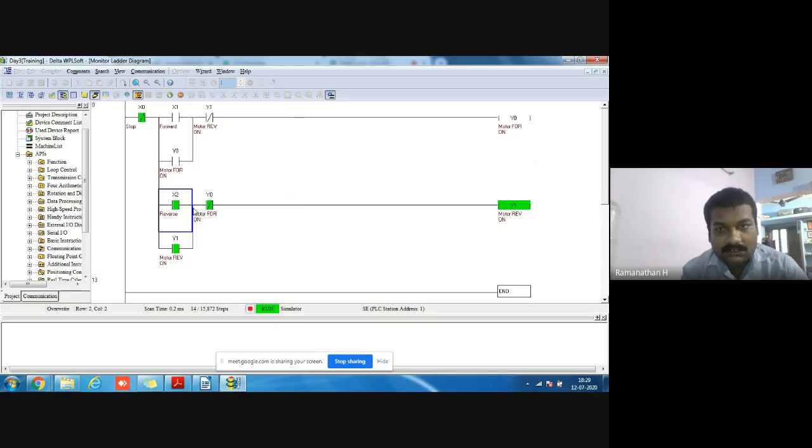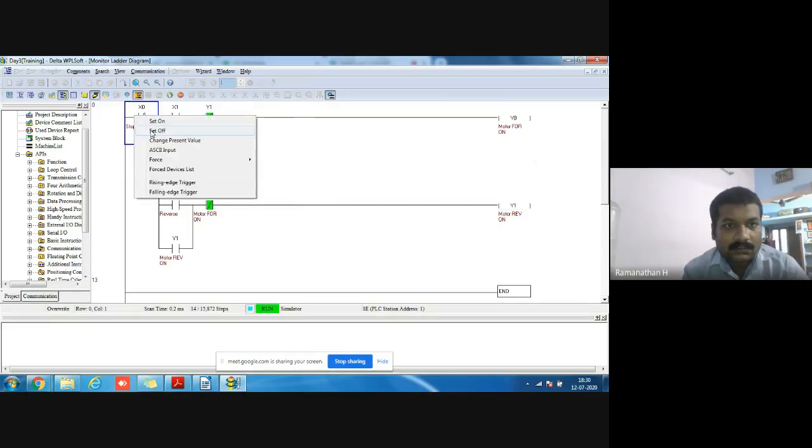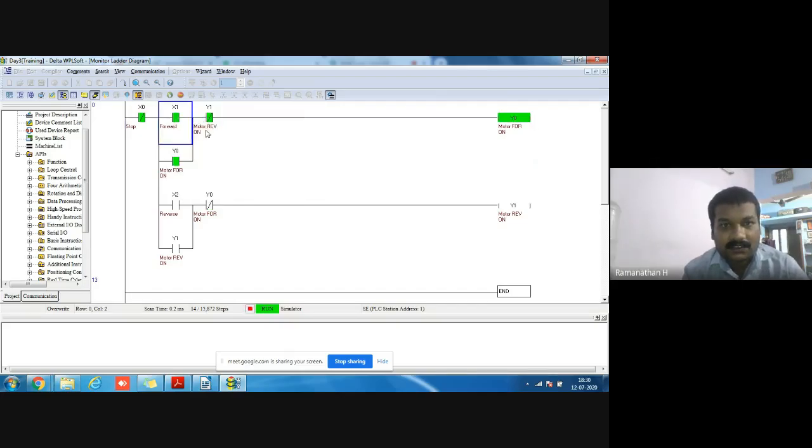With reverse on, when I turn on the forward, it does not turn on. That's the safety. If I want to turn on the forward, I stop it first. After that only I turn on the forward. Now forward is on. At that time I turn on the reverse, and reverse does not turn on.